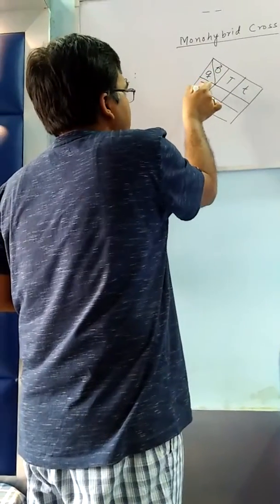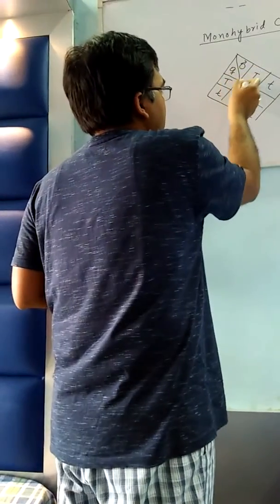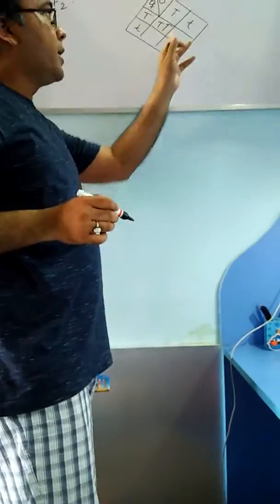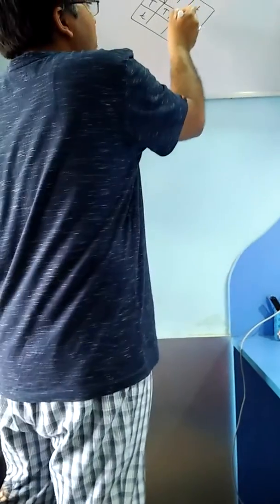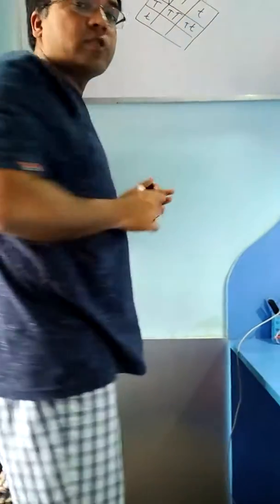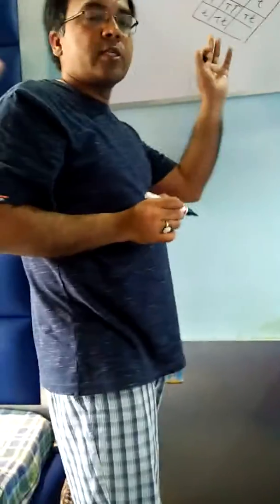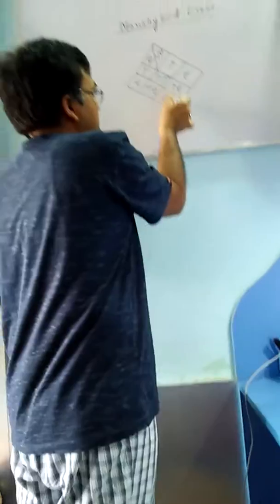Here you can see the combination: it will be capital T capital T, that is homozygous tall. Here it will be capital T and small t, that is heterozygous tall. And here it will be capital T, small t, heterozygous tall, and here this will be small t small t,